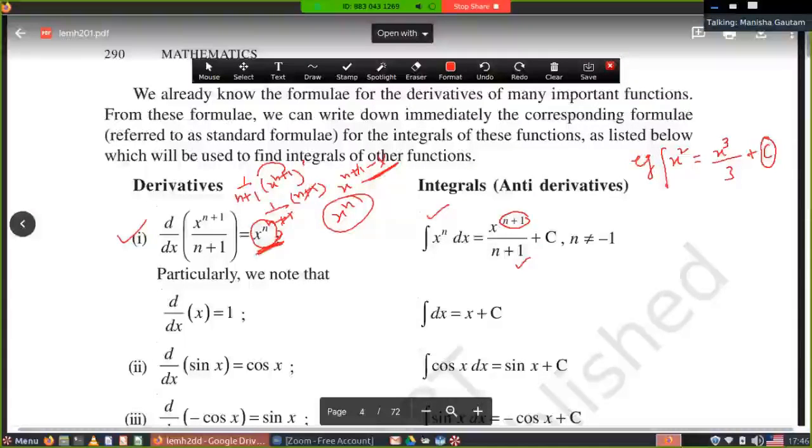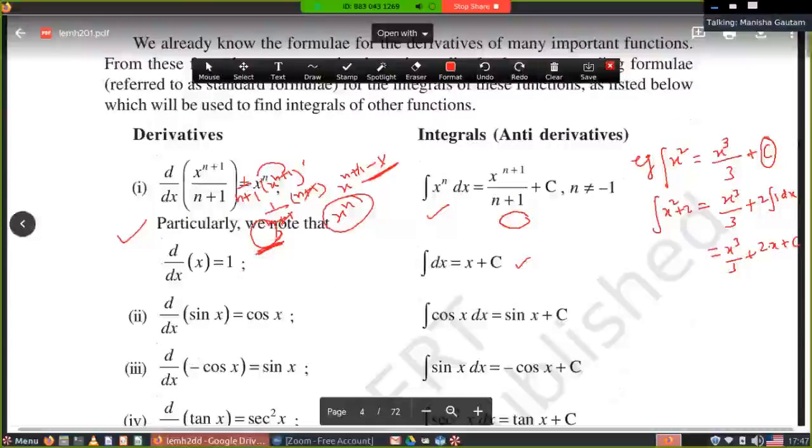Now here, if you are getting the integration of x square plus 2, again you are getting x to the power 3 upon 3, and the derivative and the integration of constant. When you take the constant outside, what is the integration of 1? The integration of 1 is x plus constant. You have to write down the constant after integrating the function.